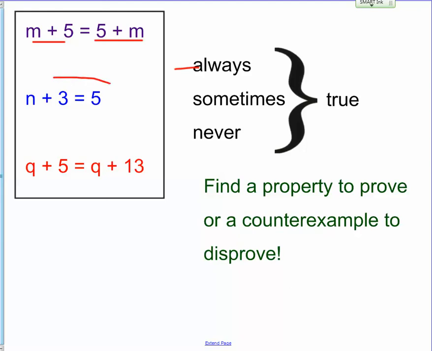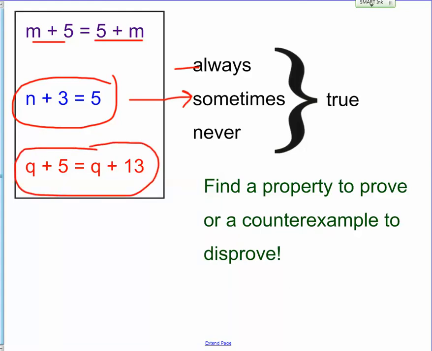And then you looked at this one, n plus 3 is 5, and you came up with that is sometimes true. It's true if n is 2, because 2 plus 3 is 5, but it's not true if n is 10. 10 plus 3 is not equal to 5. And then you looked at this one with your partner, and you gave it some thought. And some of you thought it might sometimes be true because you thought q could be 2 different numbers. But whatever q is in the left side of the equation, because I used the same variable, q is the same thing on the right side of the equation. So somebody said, well, what if q is 1? 1 and 5 is 6, and 1 and 13 is 14, so it's not true. But to prove that it's never true,